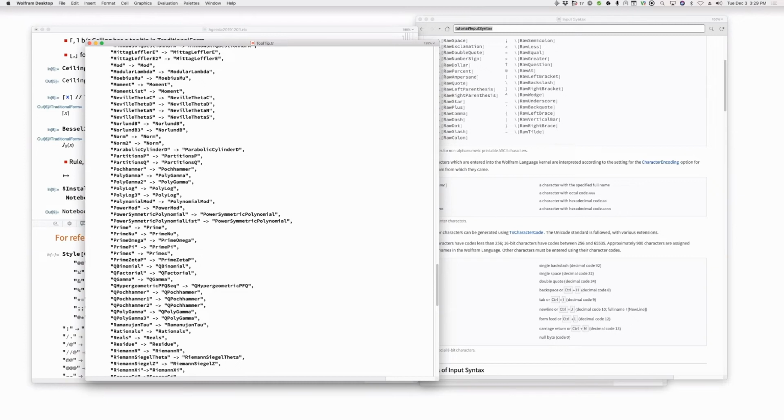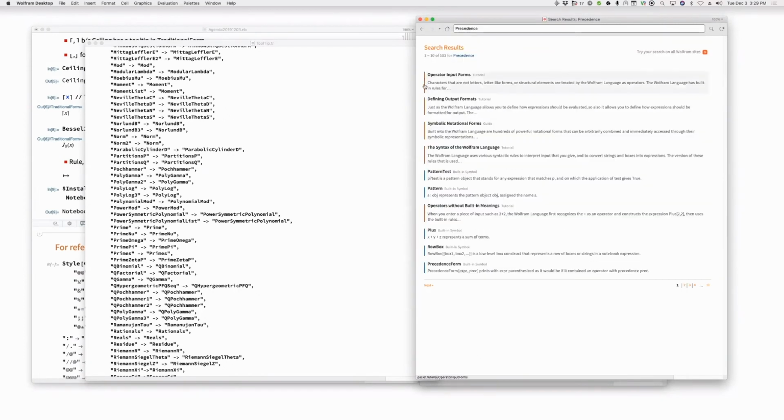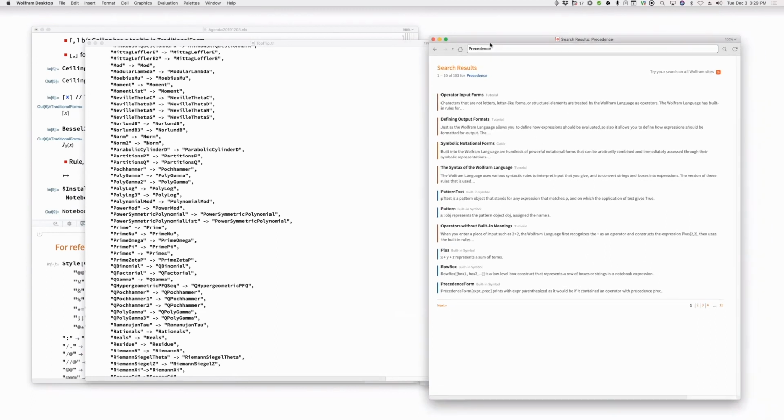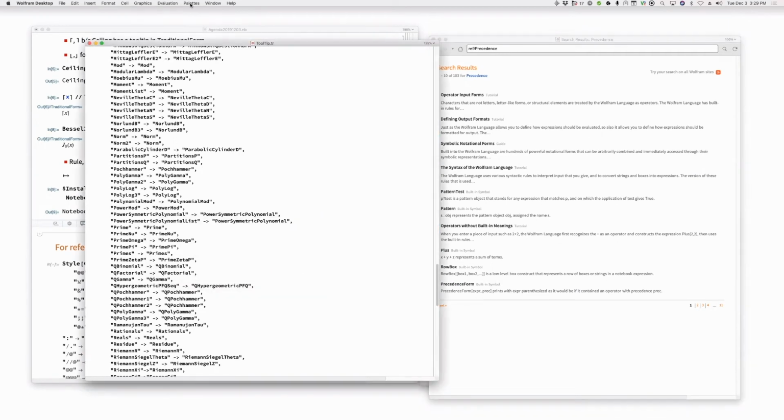People are asking about the precedence table. Why isn't precedence documented? Why isn't the function precedence documented? Probably because it doesn't do what you think it would do. I think we started something to sort of tweak it a bit and document it. And is there a documentation page for it? I don't think so. Maybe there's an internal one, but